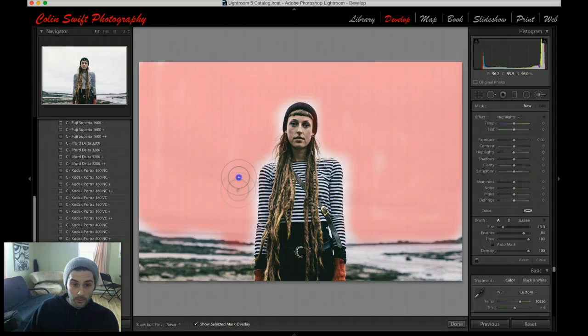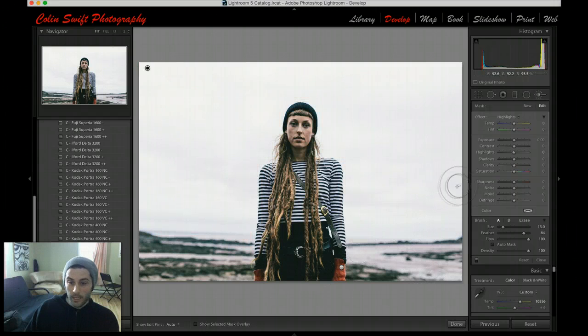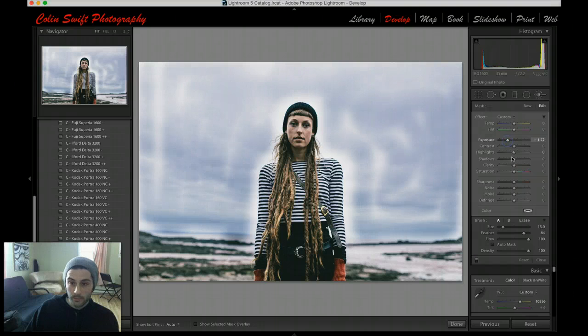And there we go. I'd come around closer to her and be a lot more precise normally. Then I'll click off the mask overlay and come over here and just bring the exposure down to see if that's something that I would want to do, and maybe the highlights a bit too. So yeah, I could fill that in and make it look okay,